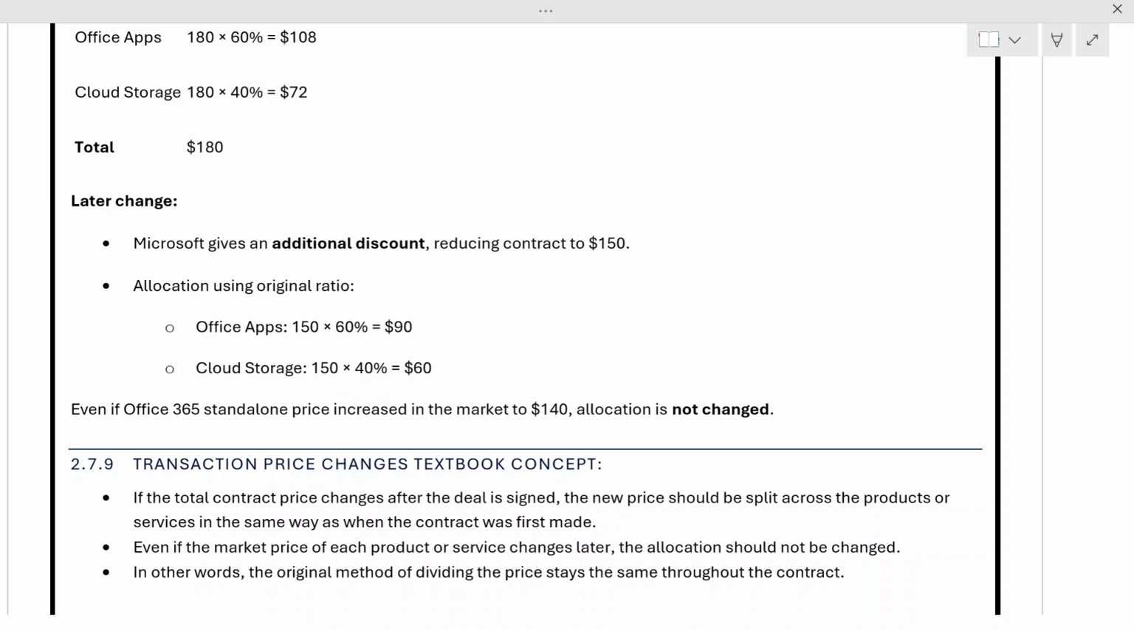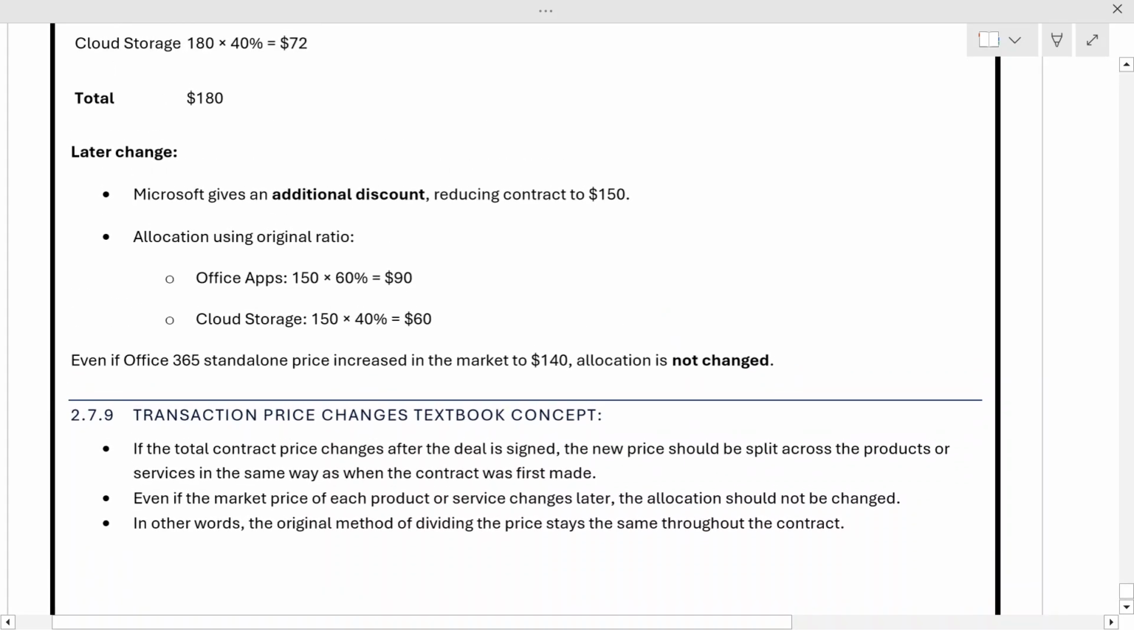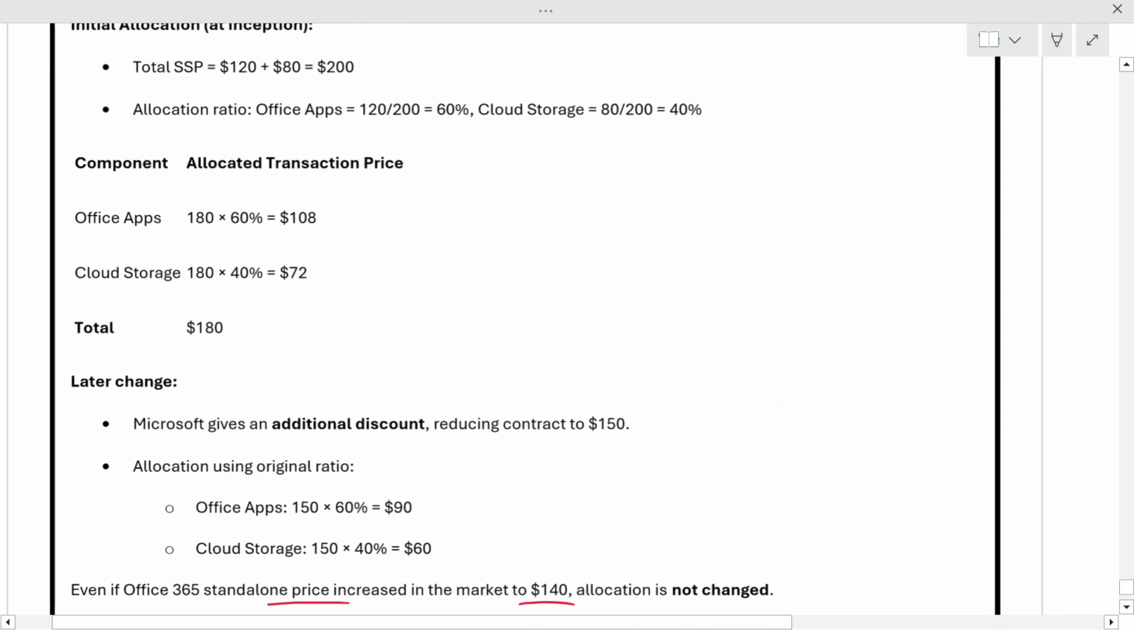So the methodology remains the same, the allocation would remain the same in percentage terms, only the thought will be like the new transaction price will be allocated among the products. So even if Office 365 standalone price increased in the market, allocation is not changed. Now remember that there may be cases, this line may not be helpful much for you right now, but if you understand that there may be cases like